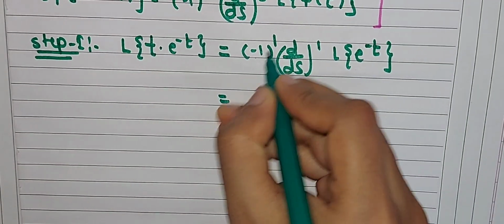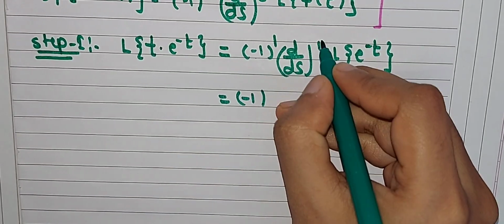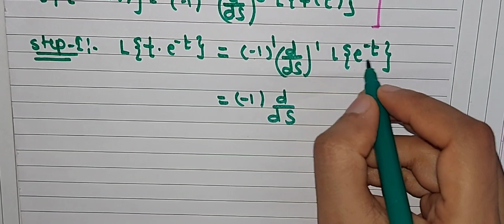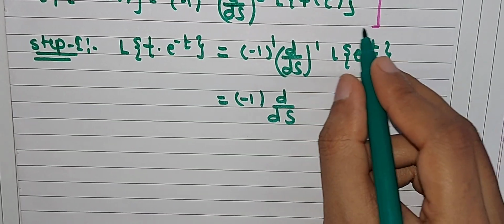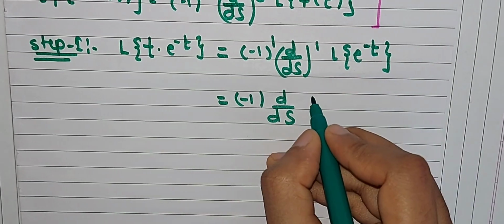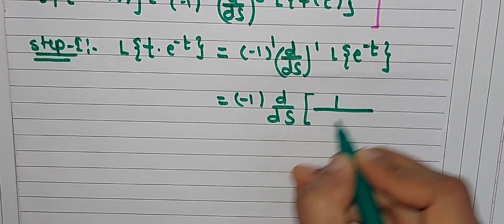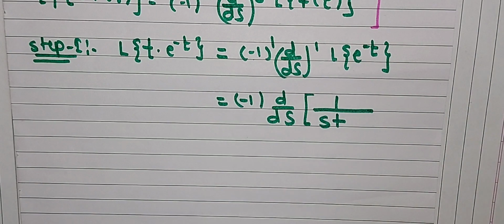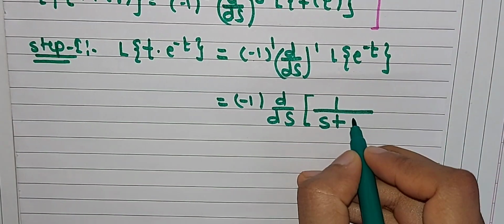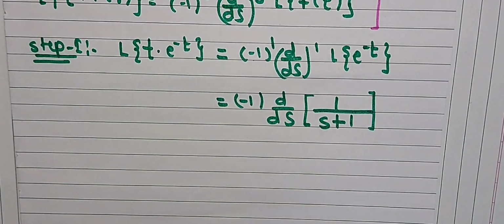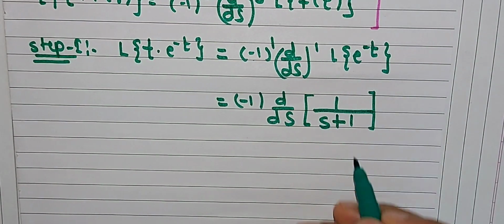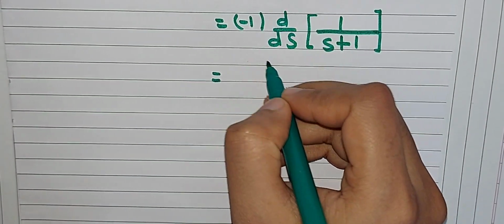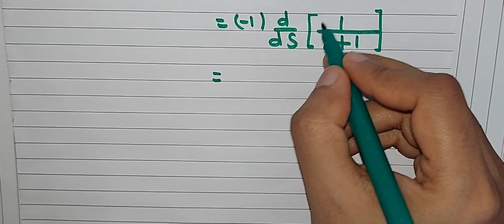Then minus 1 raised to 1, of course it is minus 1, d by ds raised to 1, that means d by ds, and we know the formula of this Laplace transformation, as we have already discussed in previous lectures, this is the standard formula, and its value is 1 divided by s. Here t contains a minus sign, therefore we will write its opposite sign, that is plus sign, and t has a coefficient 1, therefore we can write 1 here. Okay, so this is the formula for Laplace of e raised to minus t. Now to solve the next value, just take a derivative. Here derivative is with respect to s, and here we have a function of s.